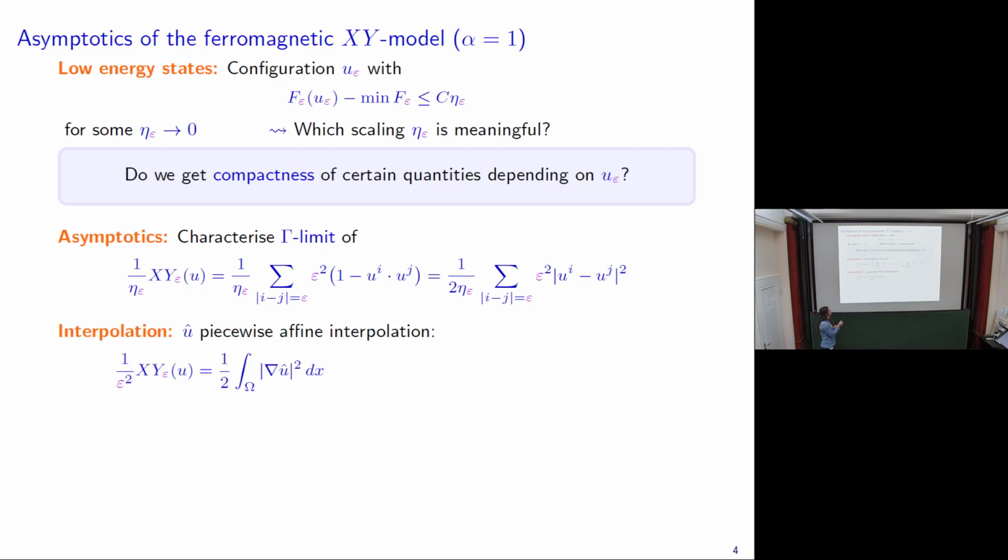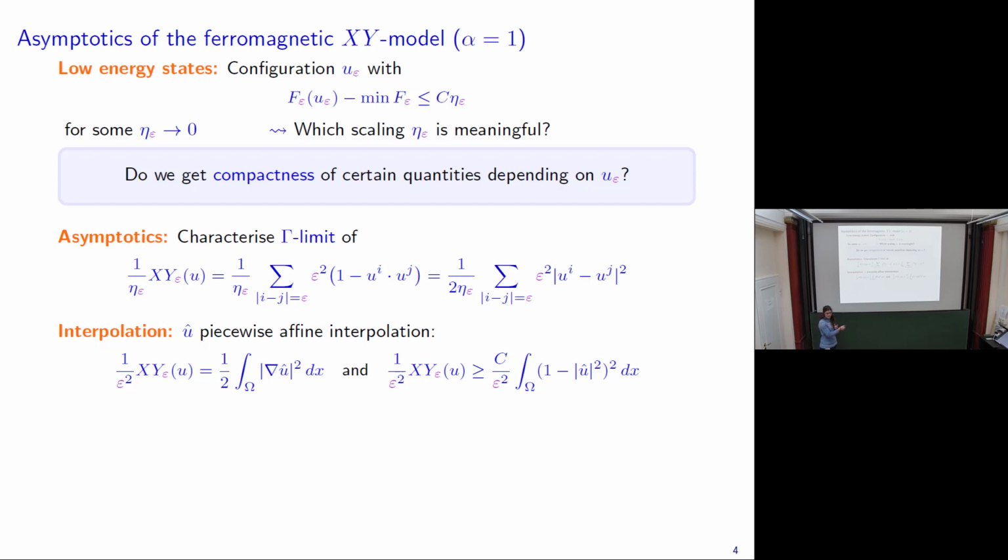So you can take a piecewise affine interpolation on a triangulation subordinated to your square lattice. You see that this one, for the piecewise affine interpolation, up to some errors on the boundary, is exactly the Dirichlet energy. You have something more. Of course, your piecewise affine interpolation now is no longer a one-valued function, but you can control with your energy the deviation of your field or your interpolation from being a